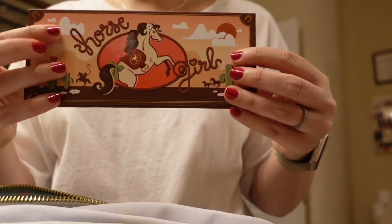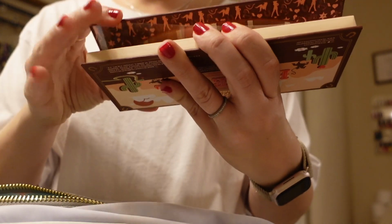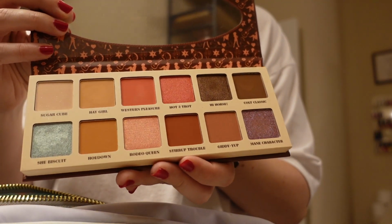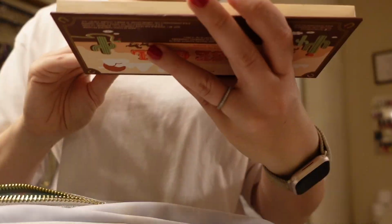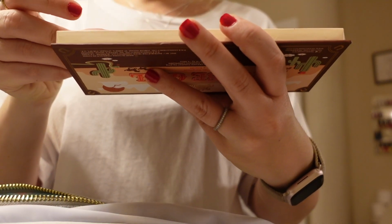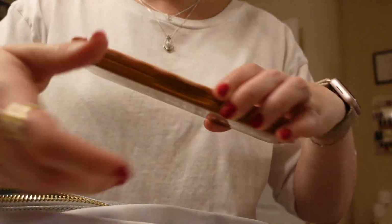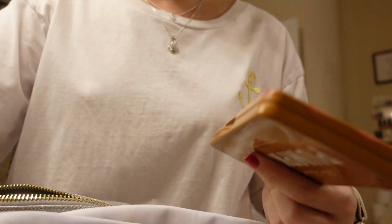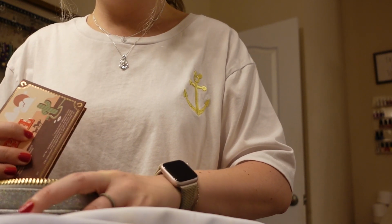And then this is the only Trixie Cosmetics palette I've kept, and it is stunning. I mean, all of her palettes are stunning, but this one I thought was the most neutral for when I am wanting to wear makeup. So this might be the one that I take. I'm trying to think of what I have planned. Yeah, I might take this one, honestly. Okay, so that,